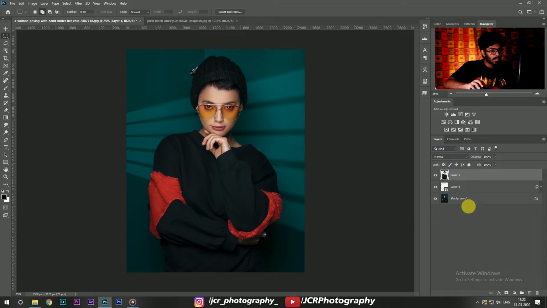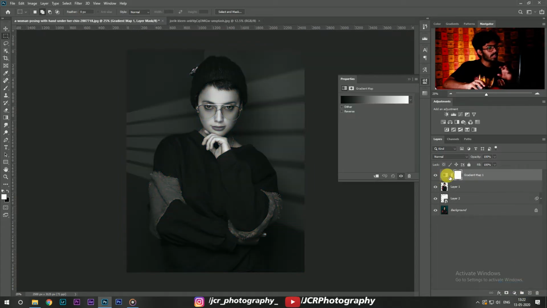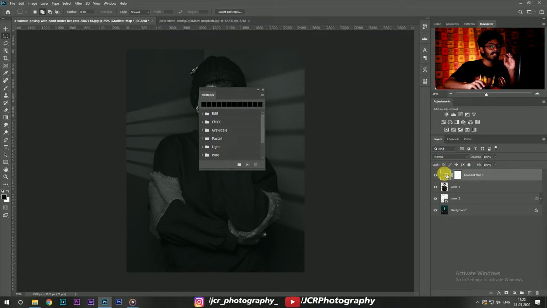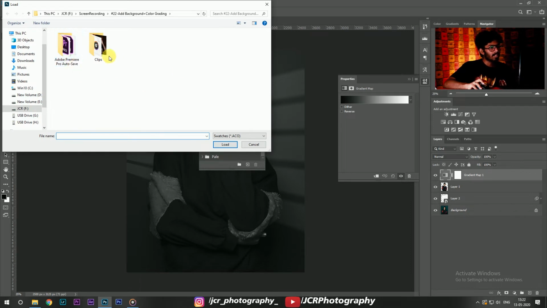And this one, close it, and then go to this image, and above the subject layer I'm gonna place the gradient map by going to adjustment, gradient map, and then open the color swatches in a separate window. And then we have to import these swatches to this window by clicking on the small button. You can see import swatches, click on that, and then in the destination folder there are no swatches.